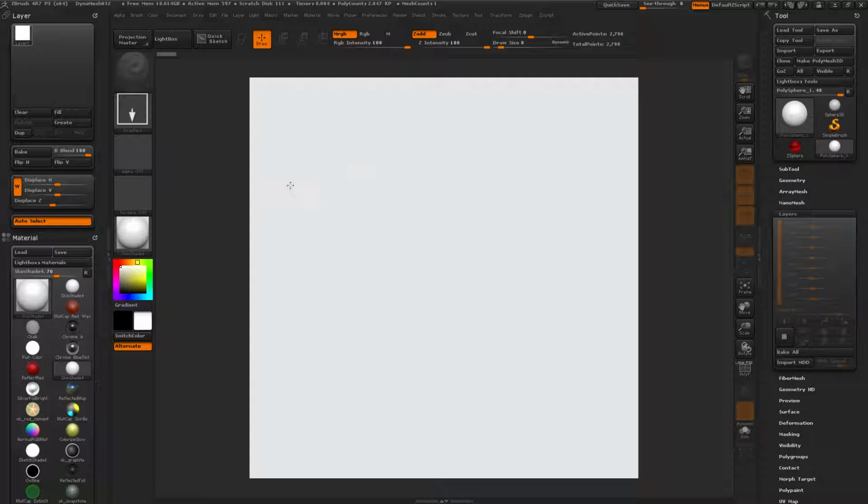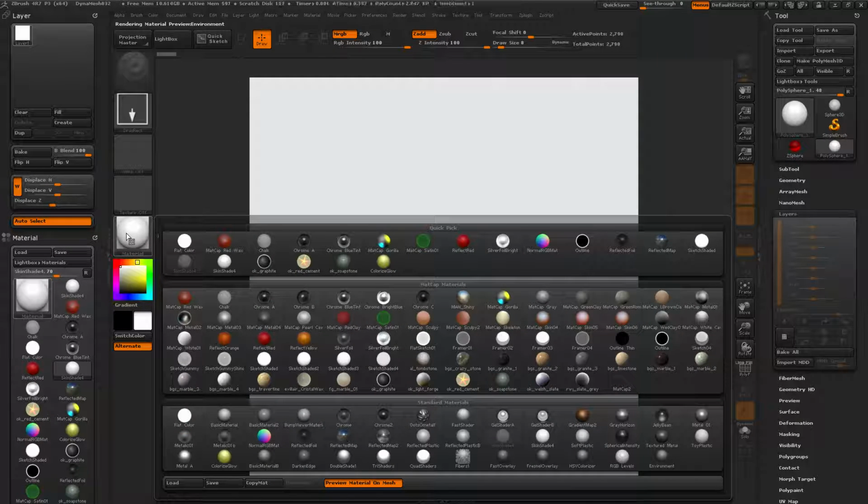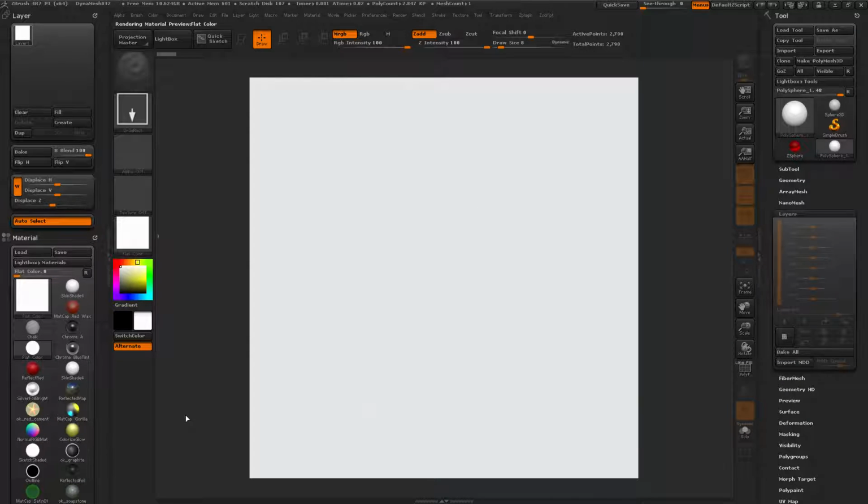Now it wasn't totally white because it also takes into account what MatCap you have. Totally awesome. So if we go to the material right here and we select flat color and then we click fill, now we're going to get straight white or whatever color we choose. Okay, that there, this color. Let's go back to white real quick. Okay, fill that,